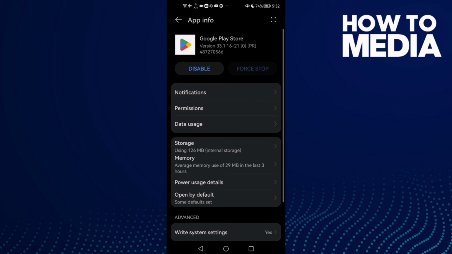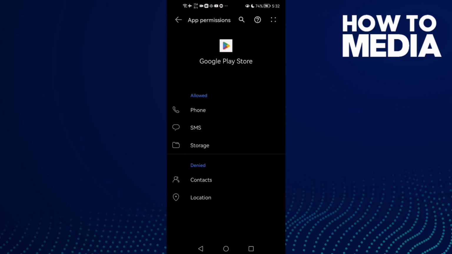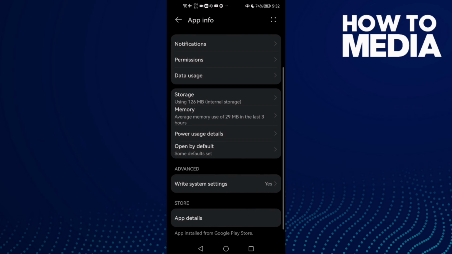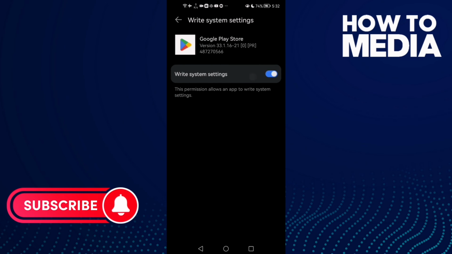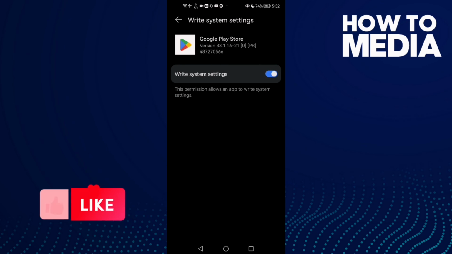here, and here we'll find permissions. Click on it and then give it all of those permissions, and now go to right system settings and make sure it's enabled. Don't make it like that, just make sure it's